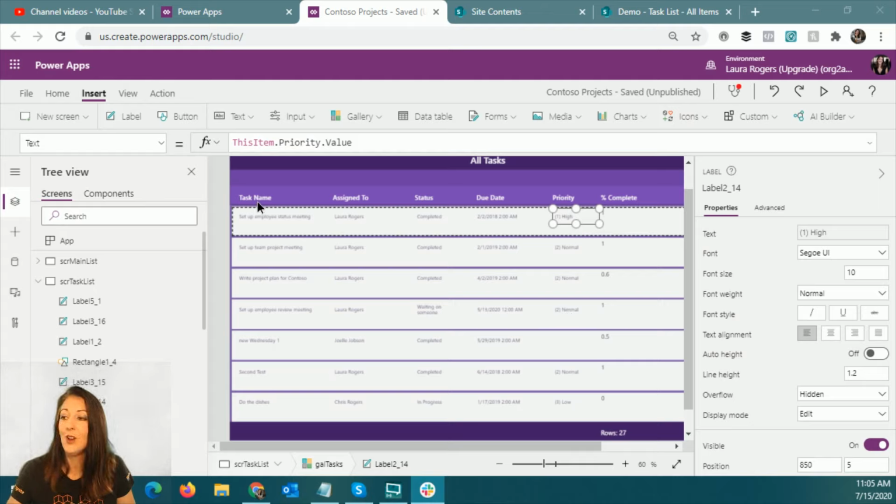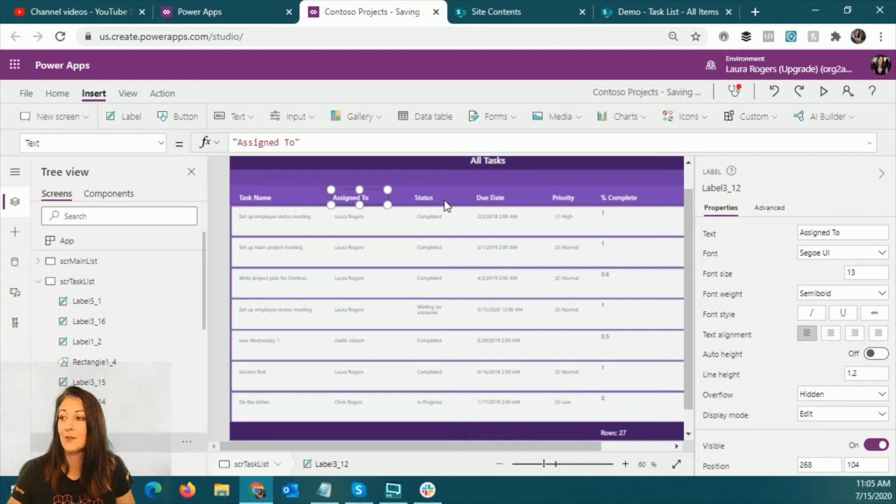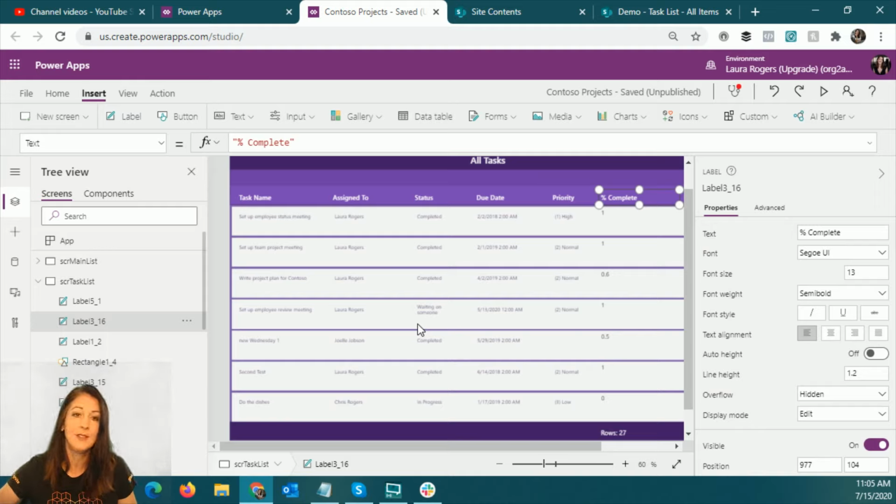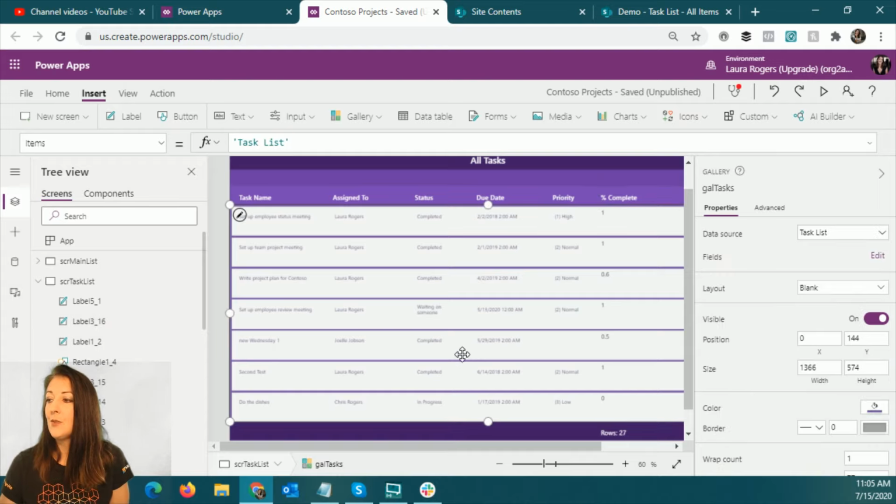And then all I did for these column headings is I just inserted a bunch of labels outside of the gallery, just on top of it, just manually. So it is a little bit more work manually putting all these pieces on here and lining them up, but that's how I got to where I am. So then I also have, just to make the way these rows look in here, with the white behind the text and the purple in between, is that this gallery,